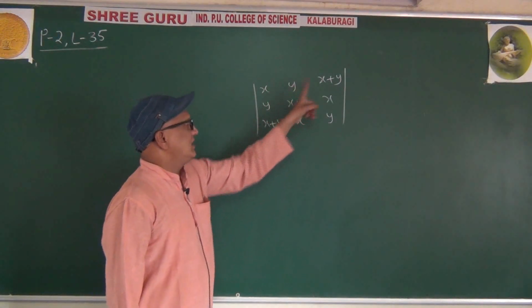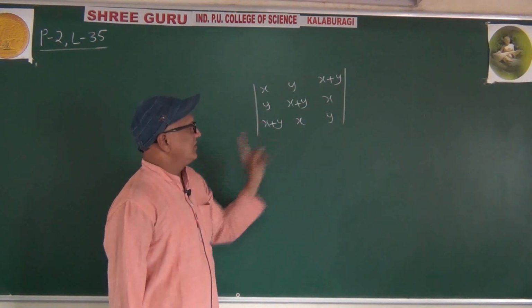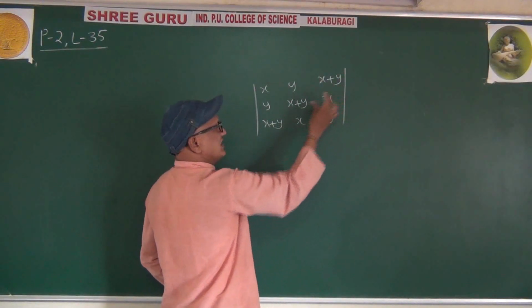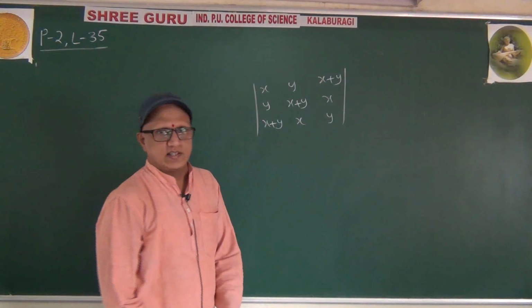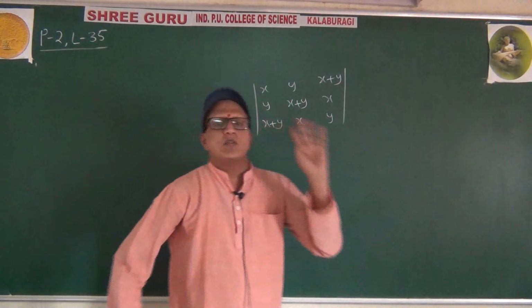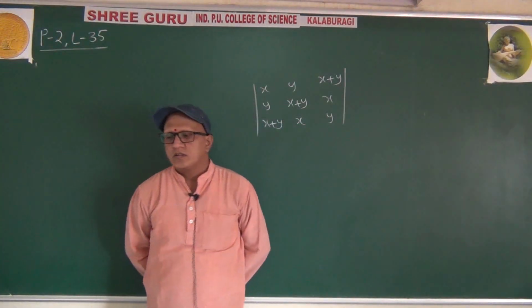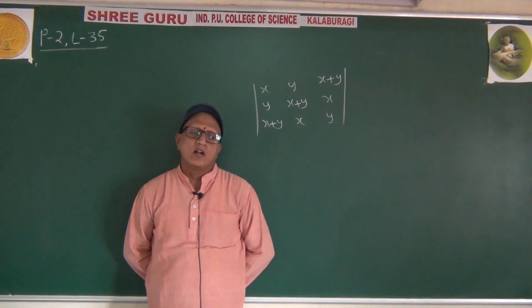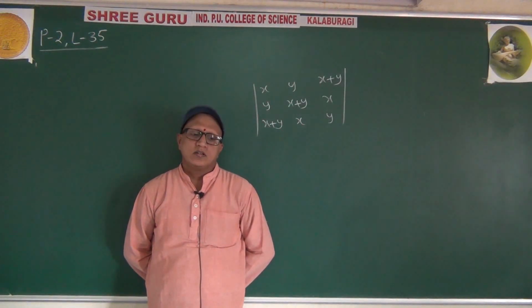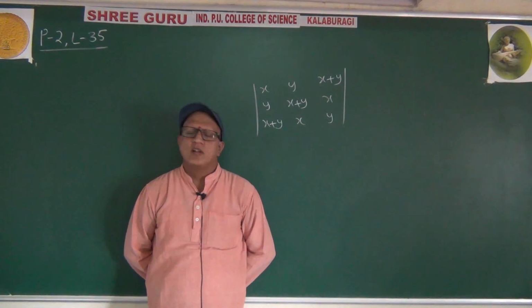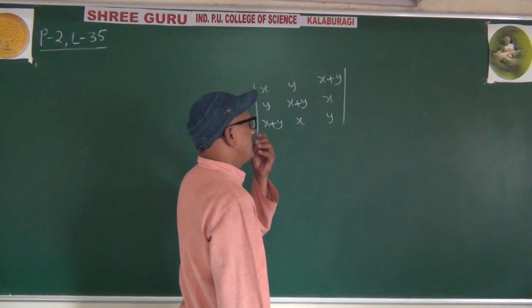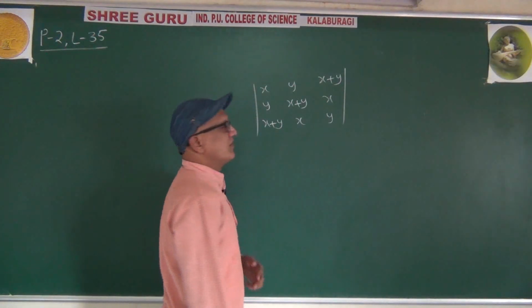It is symmetric, observe carefully. Whatever is here, same thing is here, whatever is here, same thing is here, whatever is here, same thing here. It is symmetric. So whatever the operation you are doing for rows, you can do for column also, same. There will not be a big mistake. Okay? Whatever the operation you are doing for rows, you can do the same operation for columns also.